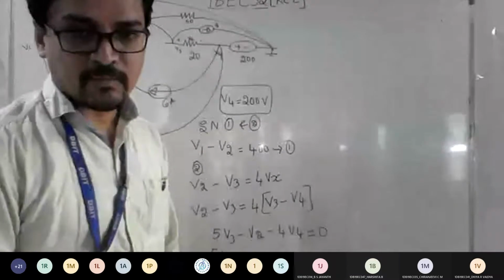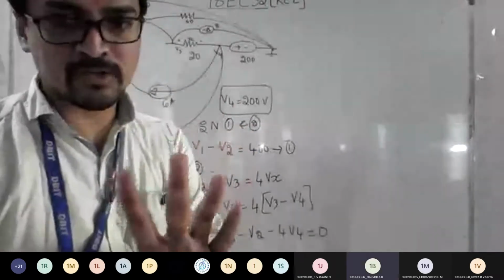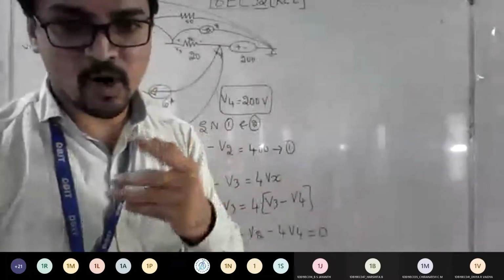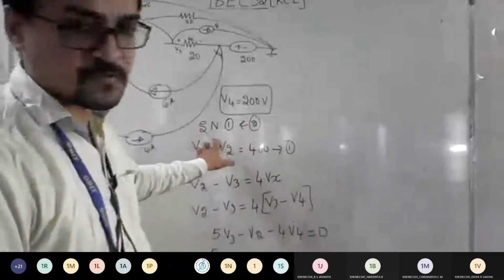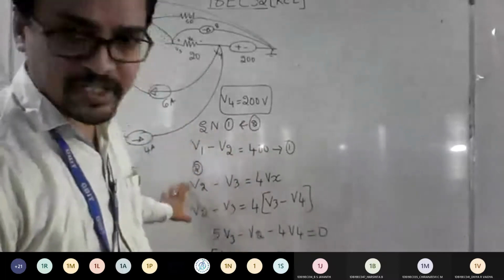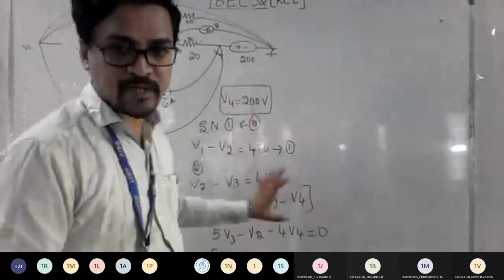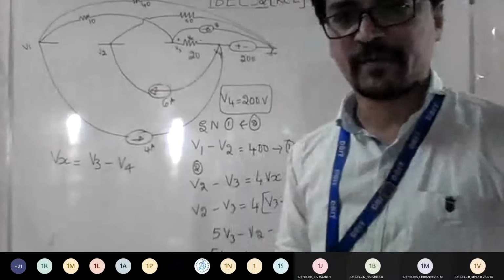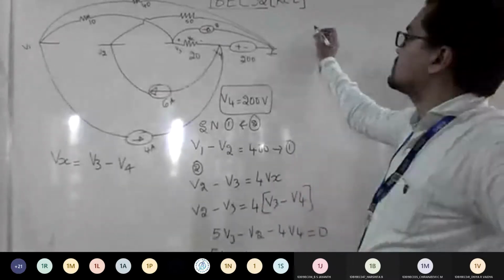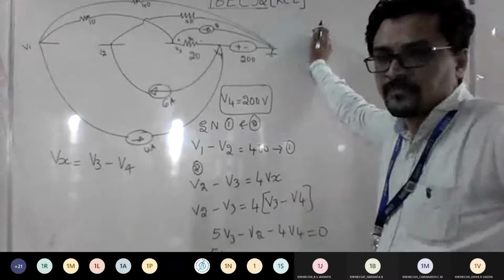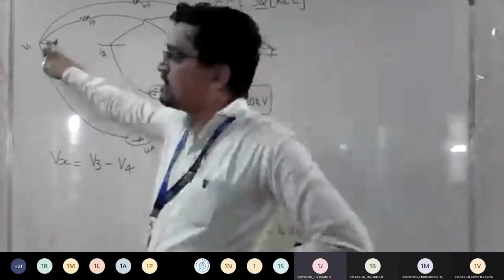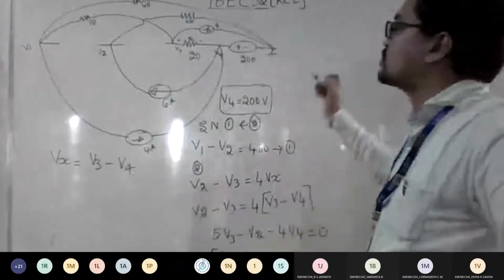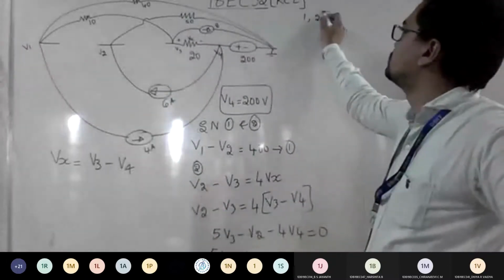So where is one more? Because you have 3 unknowns. See, out of 4 unknowns, V4 is already known. Remaining V1, V2, V3 we have to calculate. So supernode 1 and 2 gave one equation, and 2 and 3 gave one more equation. Now I should write the combination of V1, V2, V3 to get one more supernode equation, right? So tell me what is your supernode equation between V1, V2, V3? We just check how many branches are connecting to each node, and keep adding everything.